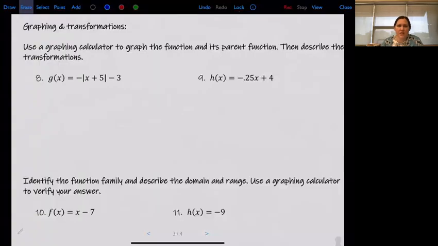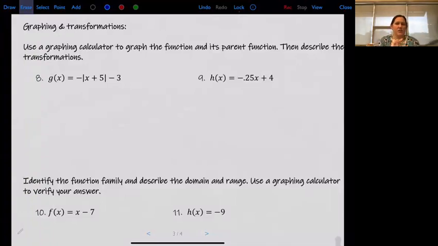All right, for this video, this is the third one for 1.1. We're going to use a graphing calculator to graph the function and its parent function, and then describe the transformations. So I'm going to take my graphing calculator, and this is one of the reasons you'll want one of your own. I want to show you, you go to the y equals,